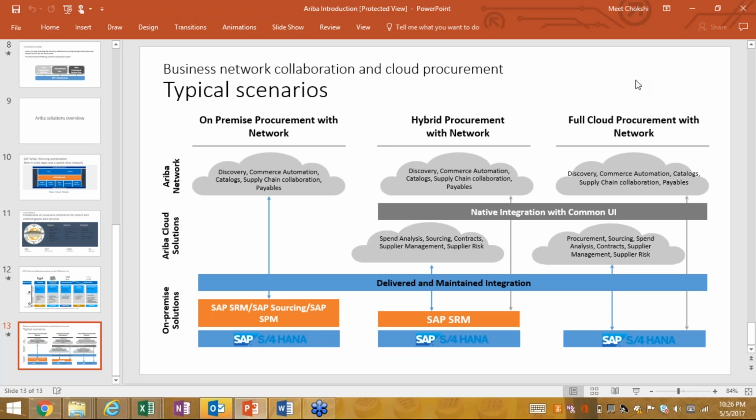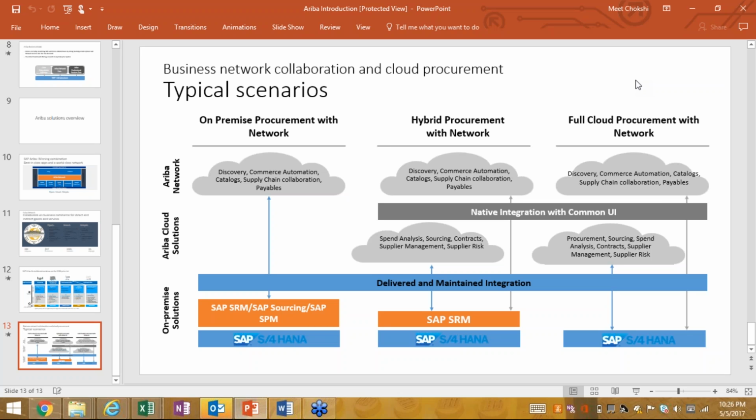You do procurement, sourcing, spend analytics, contracts, supplier management, supplier risk, everything in Ariba, and then you transact from Ariba to the Ariba network. You collaborate with the supplier, and then in the backend you may or may not move all your transactions back to SAP just for storing purposes. That is one extreme scenario.